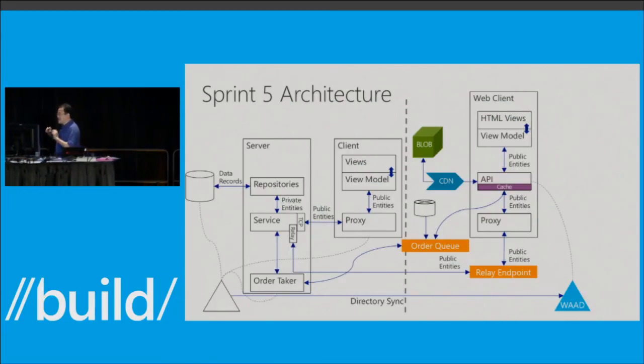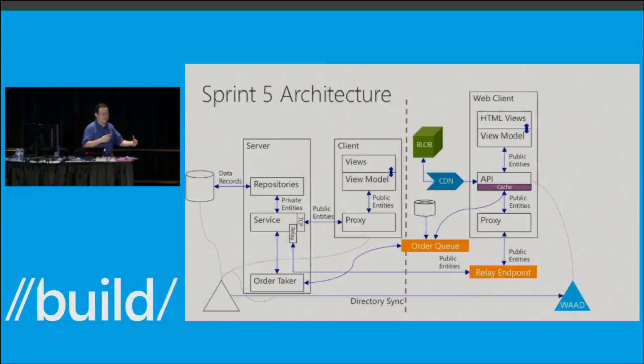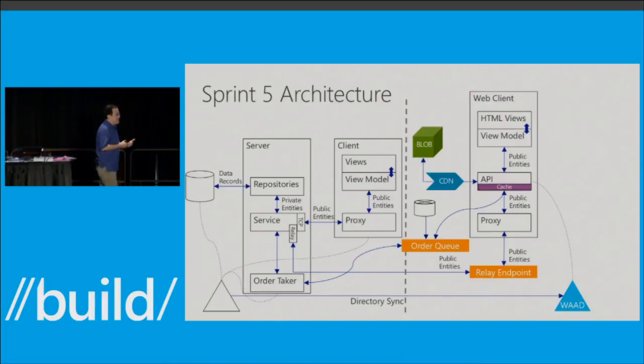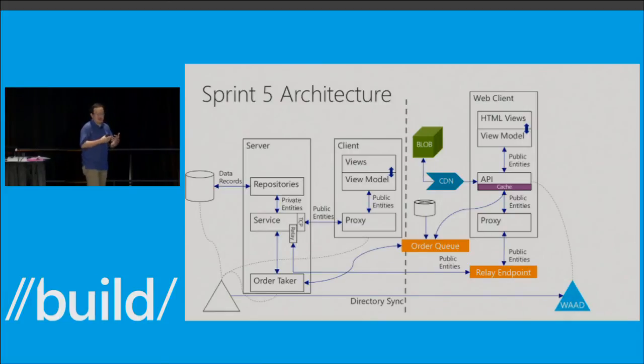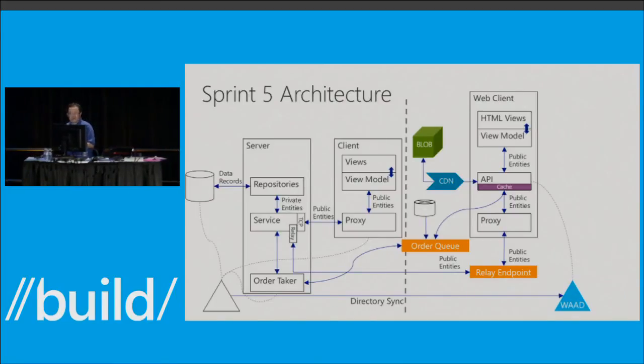The point of Sprint 5 is actually Windows Azure. This is a consistent message from the beginning of Windows Azure. To use Windows Azure, we are not saying you should move everything to the cloud. That's just impractical. We acknowledge enterprise is made of hundreds of applications. What we've been saying from the beginning is that we want you to use the cloud capability when it makes sense to you. So in this way, you can get the max benefit without incurring a lot of risk.